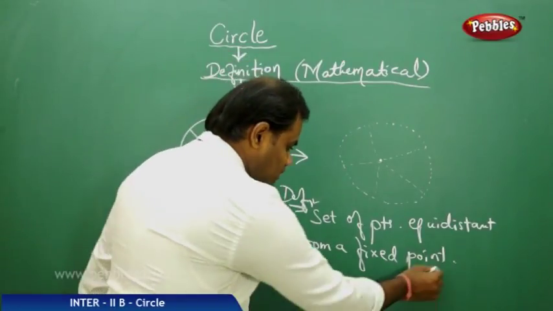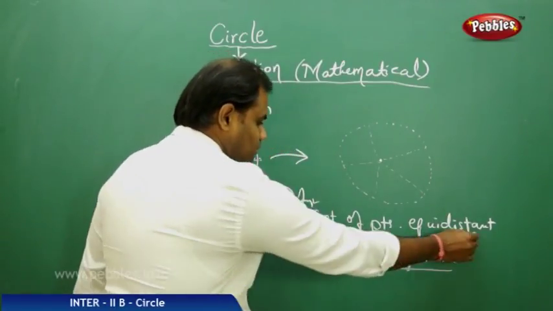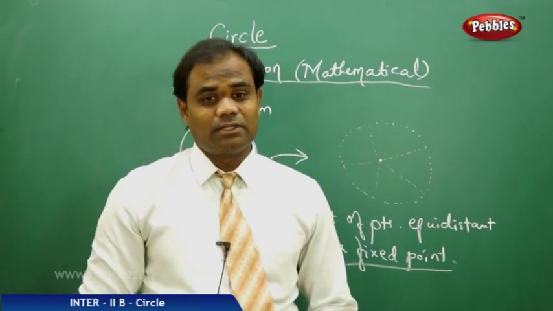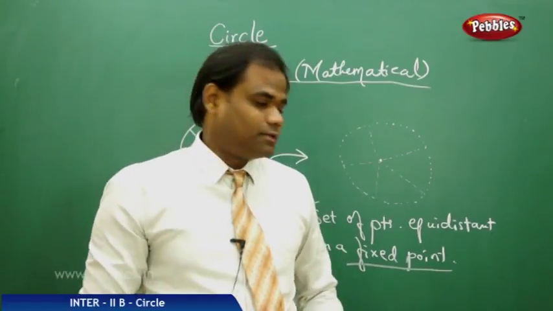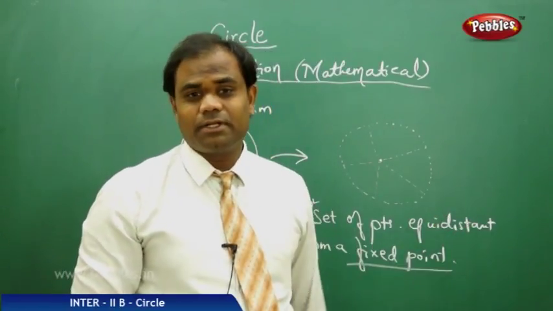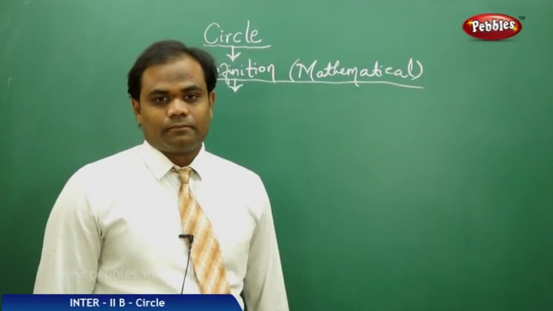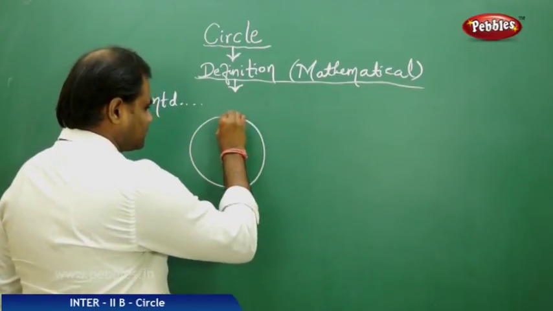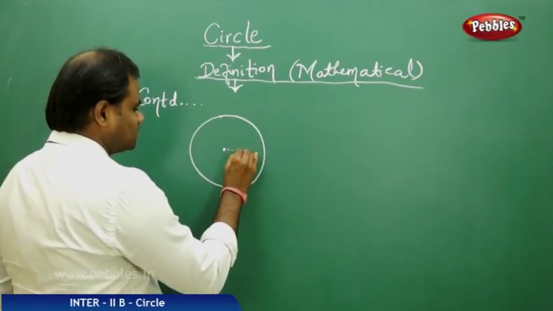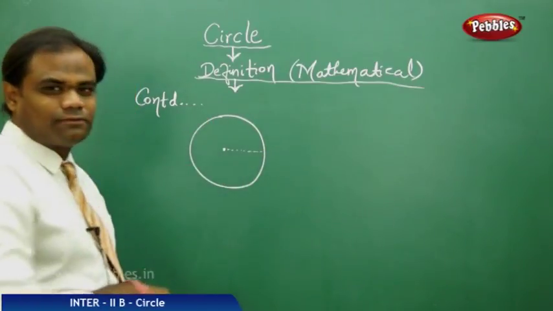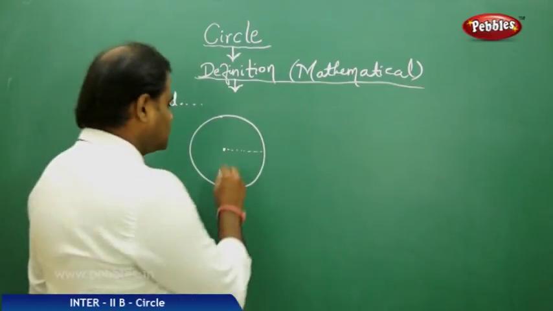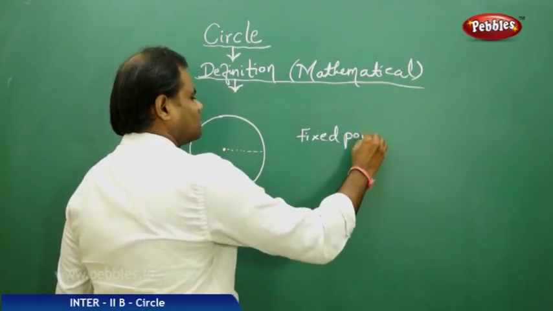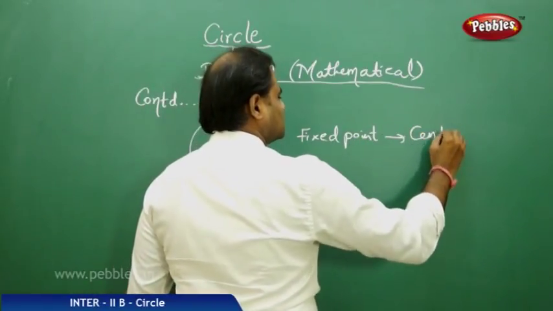And the fixed point is called the center, and the equidistant distance is called the radius. The two important concepts of a circle are center and radius, which are defined from the mathematical definition of a circle. Now, therefore, for a circle with a fixed point which is equidistant to any point on the rim or the circumference of the circle, this fixed point is called the center of the circle,